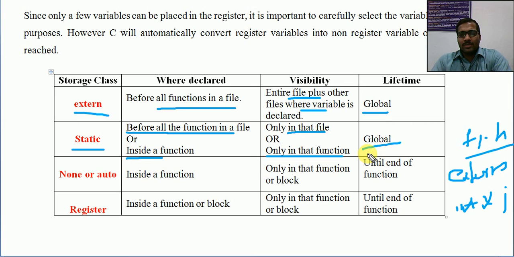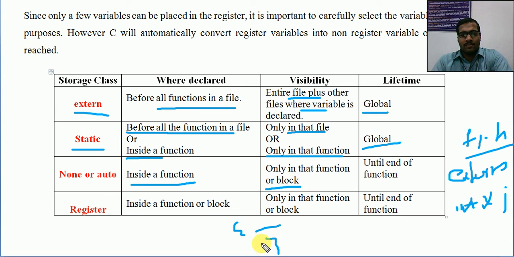So it is also considered a global lifetime category of variables. Now automatic is always inside the function and it is visible only within that function or block. A block can simply be an opening and closing brace. If with multiple statements is also a block; a loop with multiple statements is also a block.